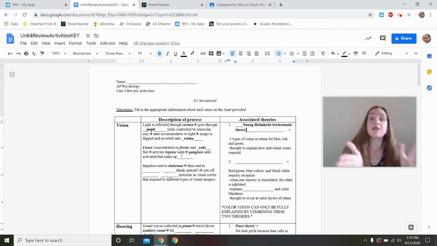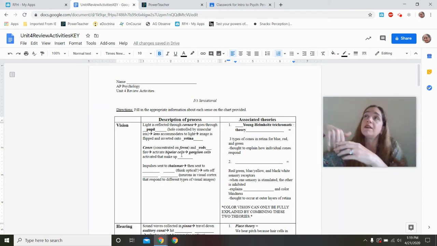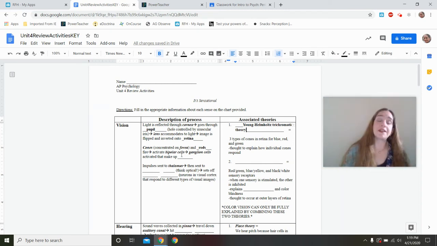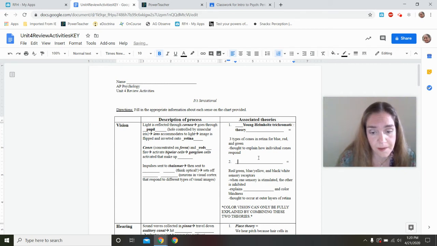And then if I stare at something that is red long enough, and then I look at a white piece of paper, the green is going to come flashing back, okay? Because then the green overcomes and the red is then suppressed. This is what is known as the opponent process theory of color vision, okay? But we'll come back to that. Well, I guess I could just put this right here. Opponent